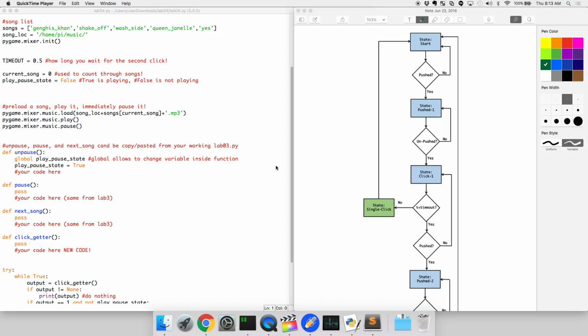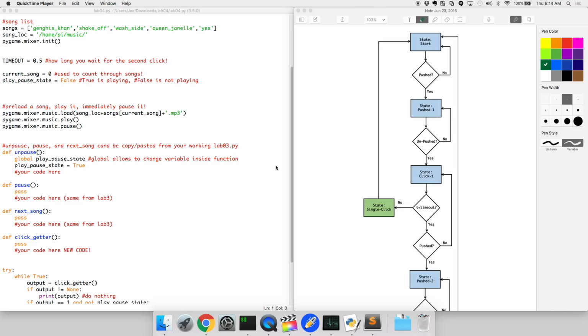Okay, in Lab 4, we're moving on from Lab 3. We're actually going to make our system a little simpler, but also a little bit more complex. By simple, we're going to get rid of push-button volume control and just rely on the potentiometer for right now. To make it more complex, we're going to merge functionalities into one button, and we're going to get more than one ability out of a button by discerning between single clicks and double clicks